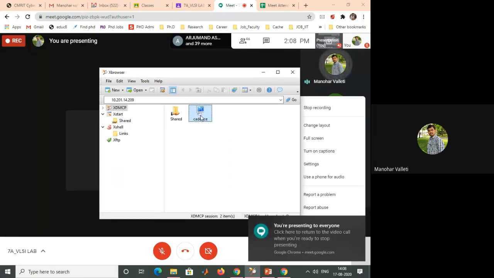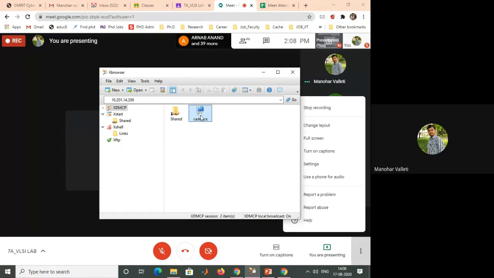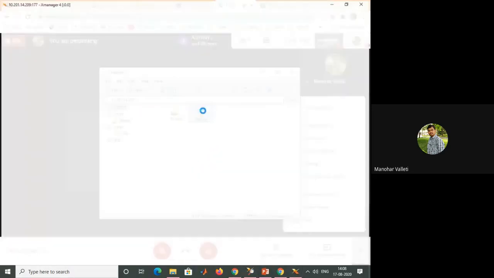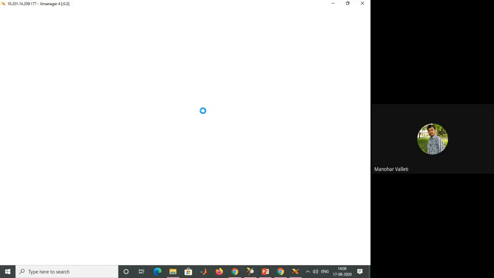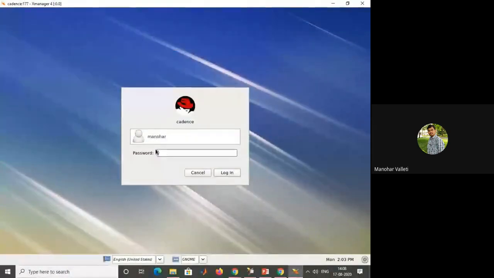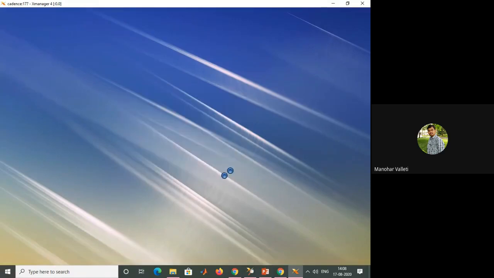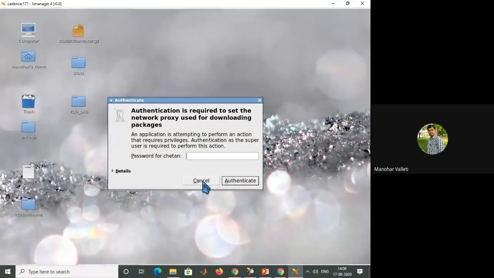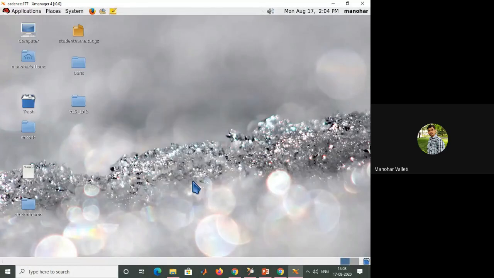So now I am opening the Cadence tool. If this blue icon is showing here, it means the Cadence server in the college is on. If any authentication comes up, you just cancel it.